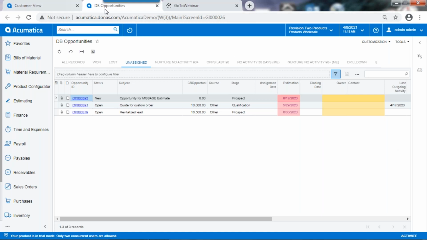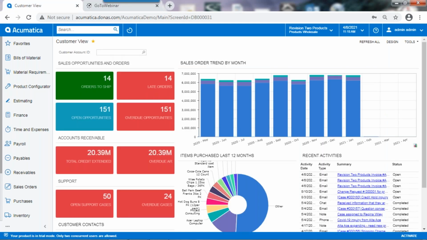Let me go back to my customer view. One of the things I really like about this is that everybody's always looking for that 360-degree view of the customer. I want to see everything going on with it. So within this screen, I can basically put all kinds of parameters of things that I want to watch when I'm looking for that customer. The same goes for,